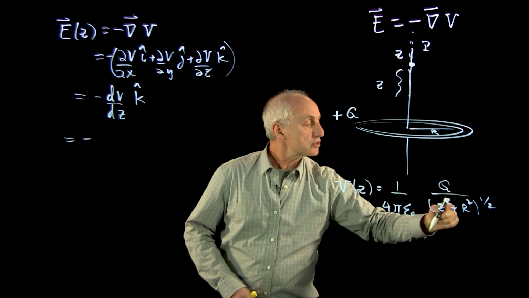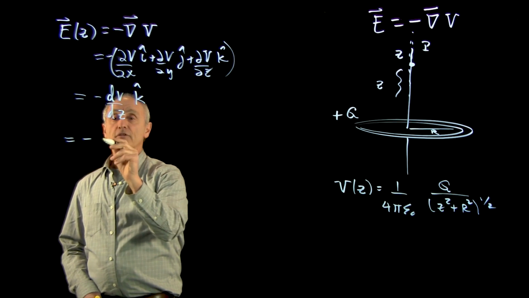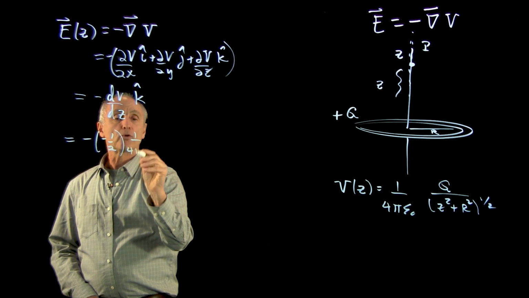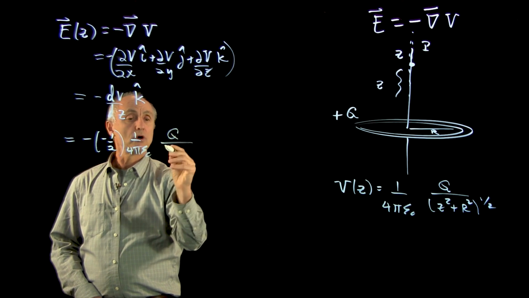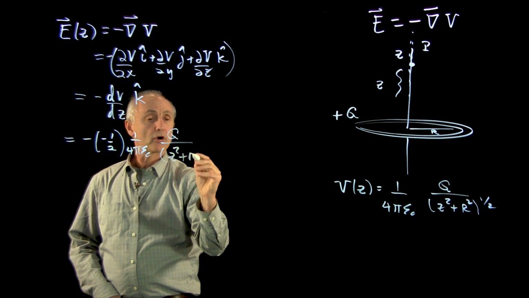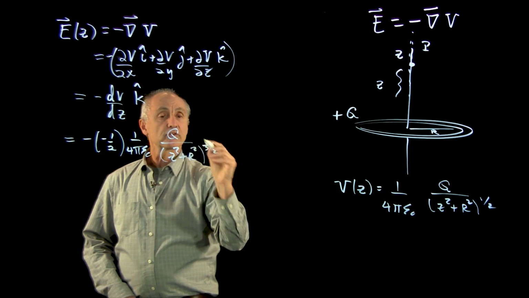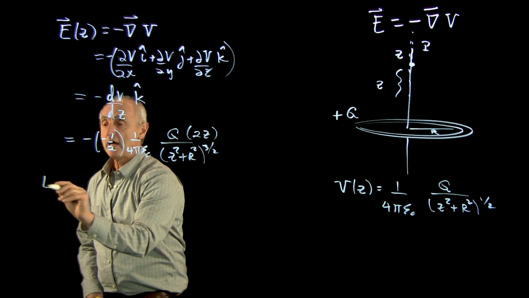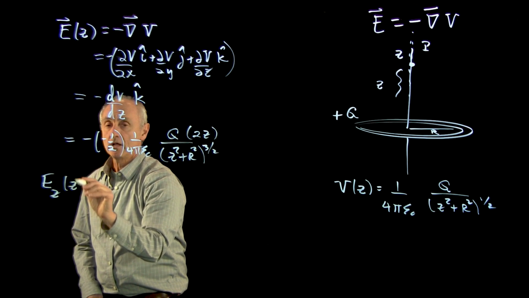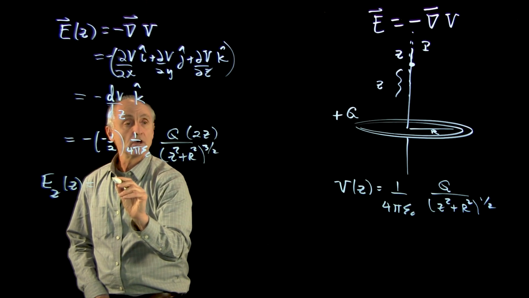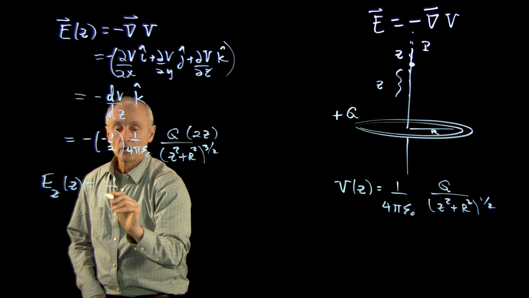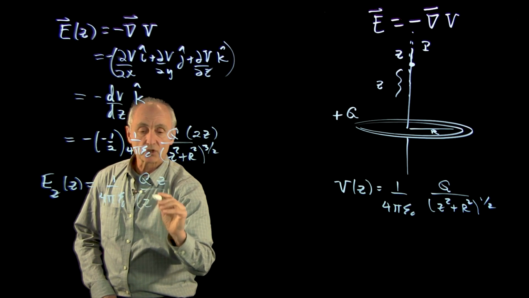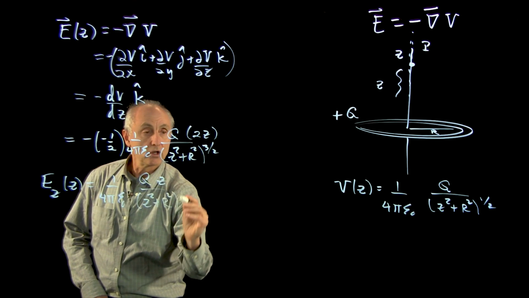When we differentiate 1 over (z squared plus R squared) to the 1/2, we get a minus 1/2. We have the constant 1 over 4 pi epsilon naught. We have Q over (z squared plus R squared) to the 3/2. And upstairs, we have a 2z. And so for the z component of the electric field along the axis, the 2's cancel. We have our constant 1 over 4 pi epsilon naught times Qz over (z squared plus R squared) to the